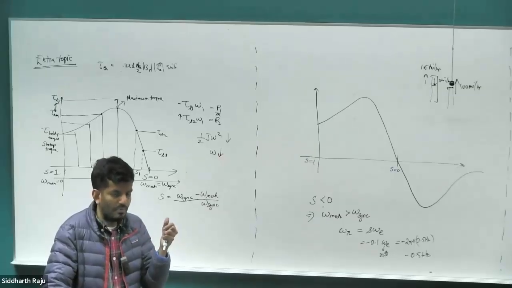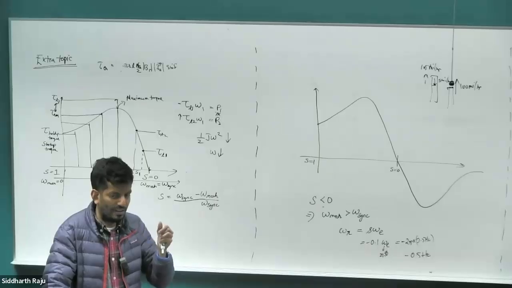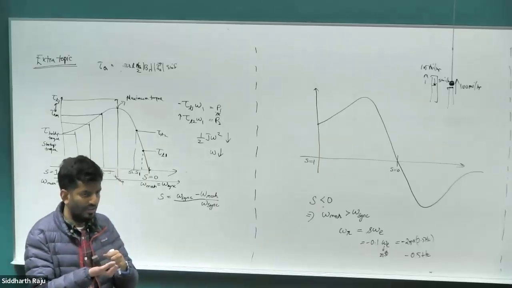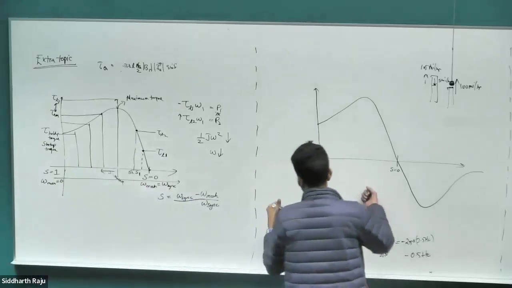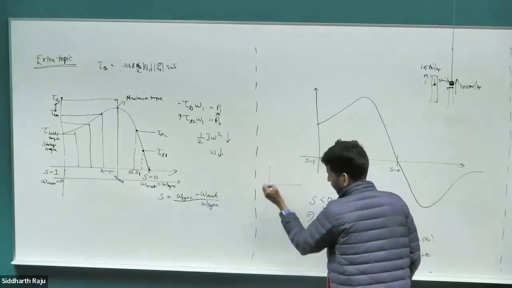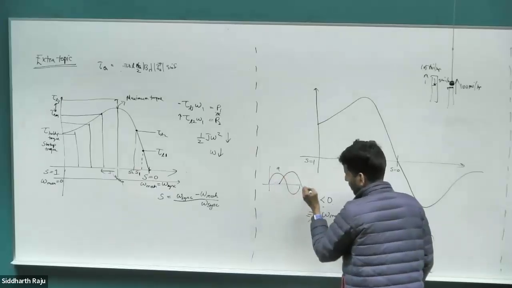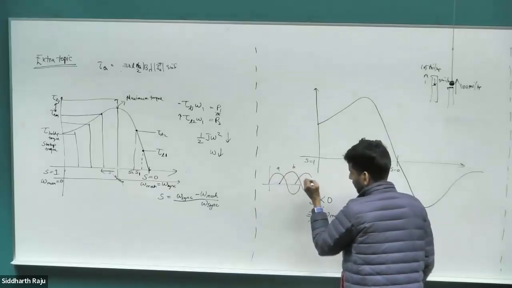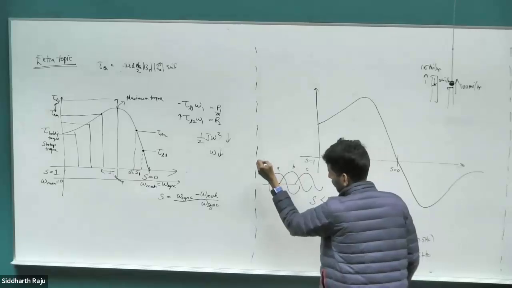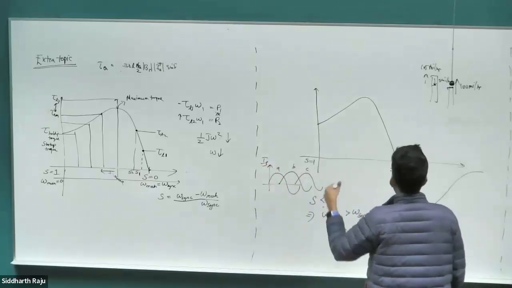When we wanted to rotate a permanent magnet synchronous motor in the opposite direction, what we exactly did was swap out the phase terminals. So exactly the same thing happens here. So on the stator, let's say this is your A phase voltage, A phase current. Let's say this is the B phase current. This is the C phase current for the stator. When you look at the rotor,